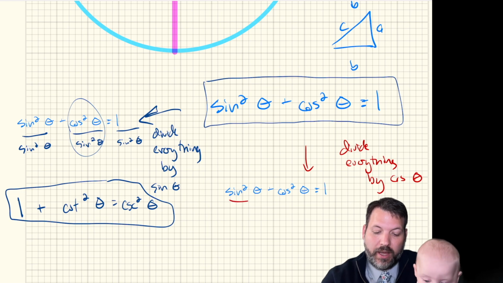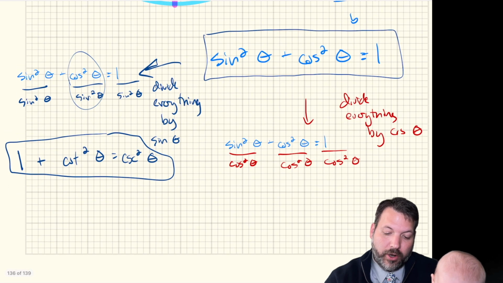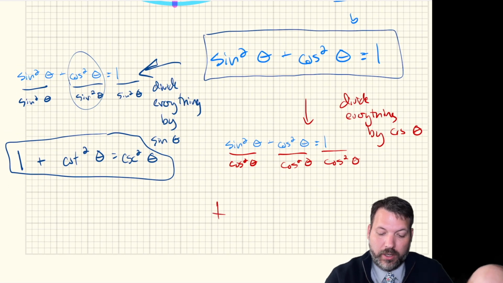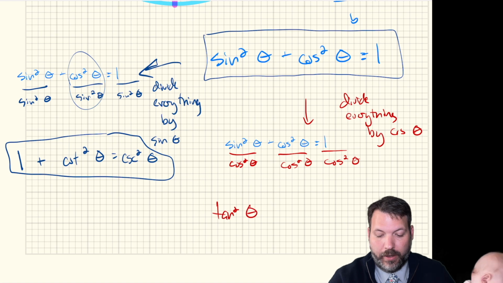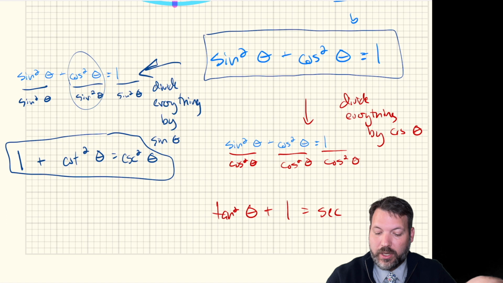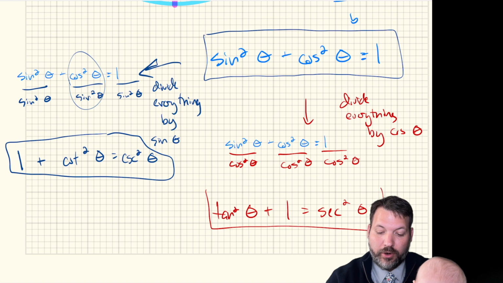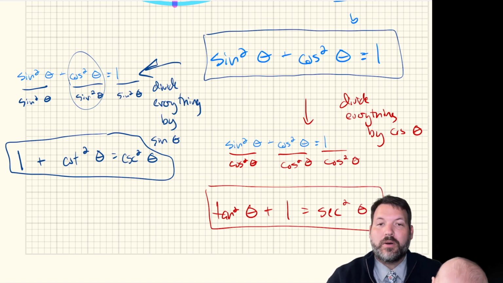And I'm sure you can imagine, if the thing that we divide by is cosine squared theta instead, well, sine squared over cosine squared is, of course, tangent squared. Cosine squared over itself is 1, and 1 over cosine squared is secant squared. Secant and cosine are reciprocals. And so that generates our third Pythagorean identity. So I think that's super useful. I think that's a great way to think through these.